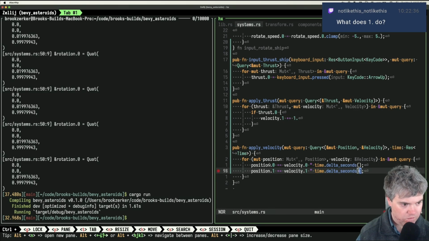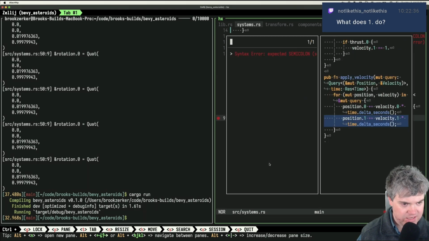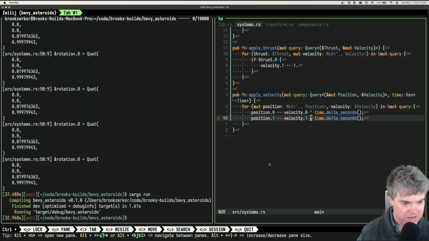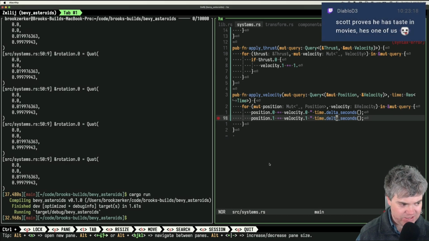Expected a semicolon here. I have a semicolon. I can't actually see where the error is on this line. Rust Analyzer is weird.